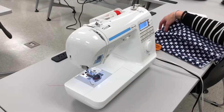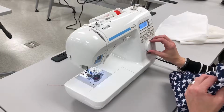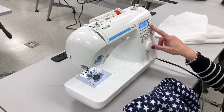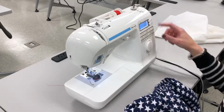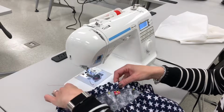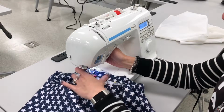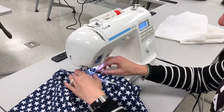All right, we're going to turn the machine to a zigzag, and I'm gonna leave the stitch width alone, but I'm gonna increase the stitch length to a 2. And I'm just going to start back at the back tag area. I'm gonna take out that first pin,